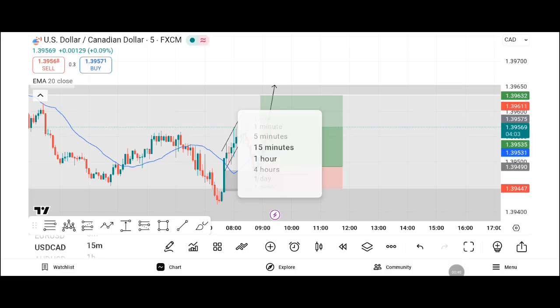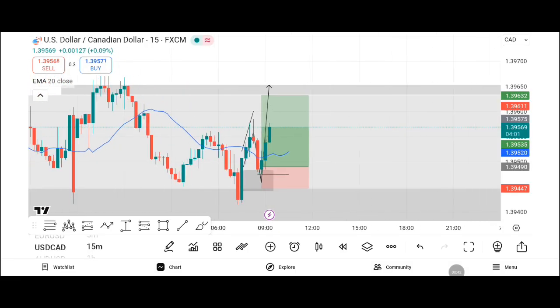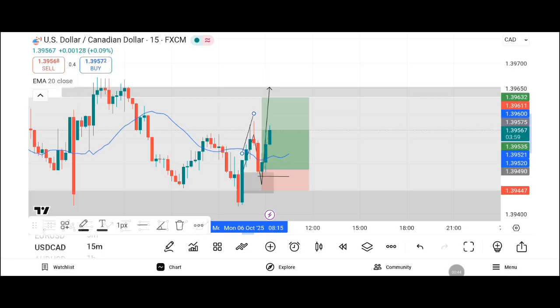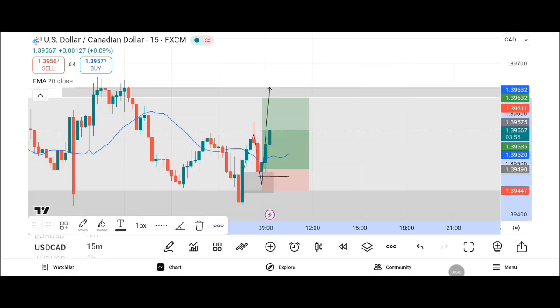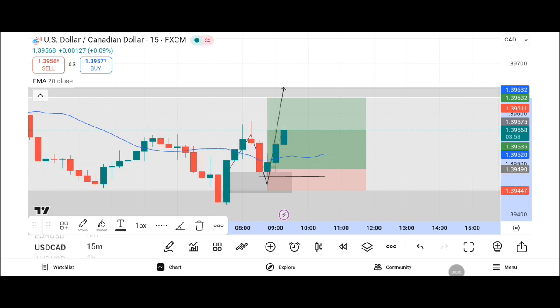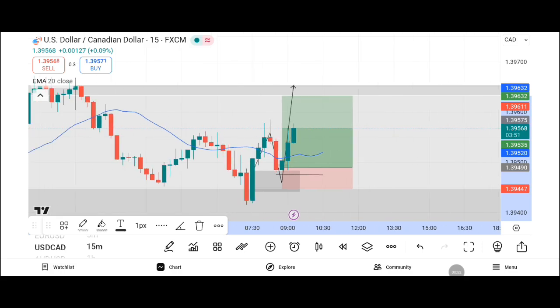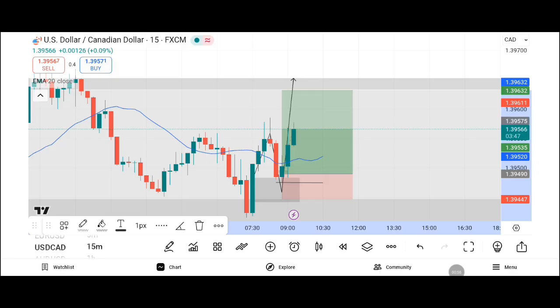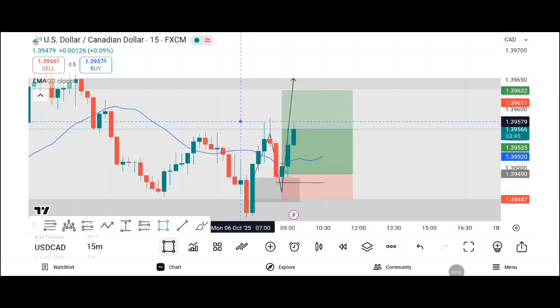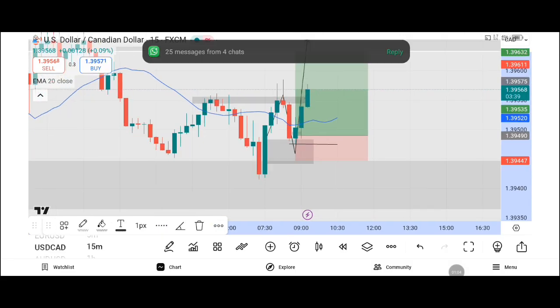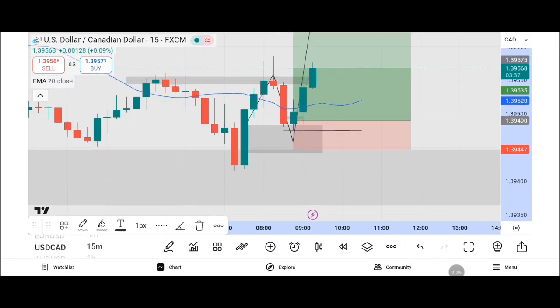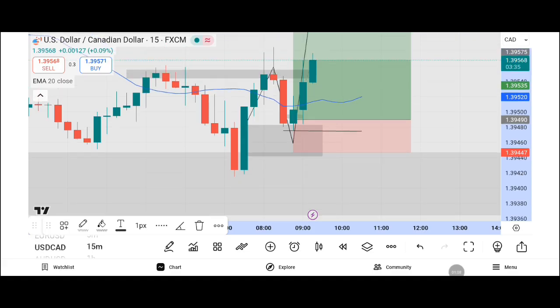So on the 15 minutes time frame, we see that this particular key level, let me just remove those things. We see that this particular key level has already been tested before, and you can see it right here. We tested this key level. Actually the market sold from that key level, and we respected our nearest order block right here before we